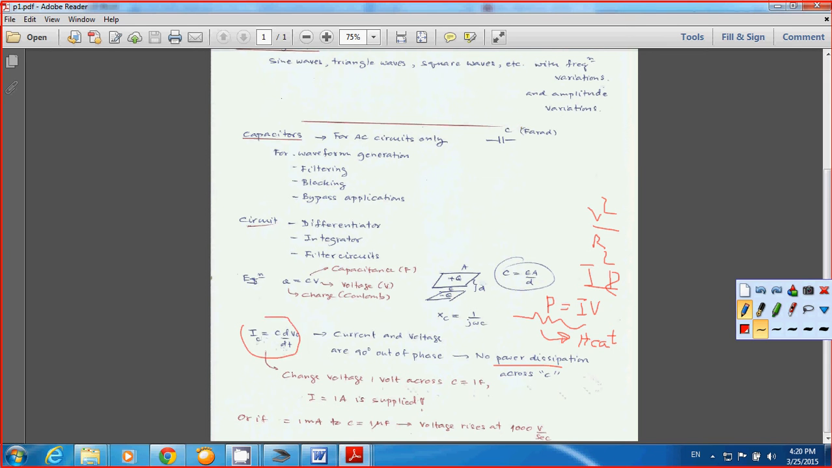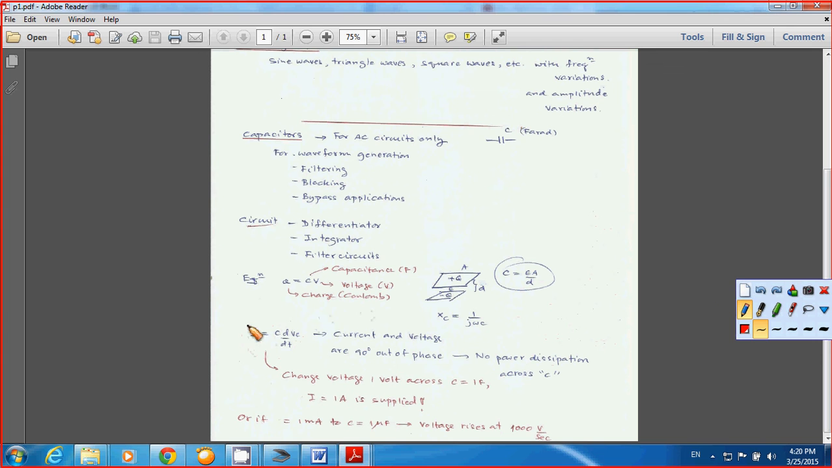For this equation, you can say that when you have the change of the voltage to be 1 volt across C of 1 farad in the time of 1 second, it causes the current in a capacitor of 1 amp. Okay,